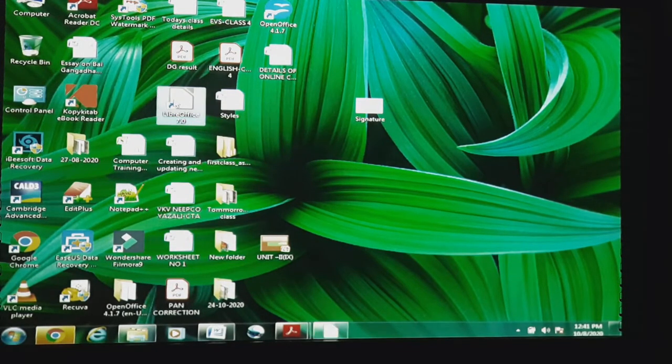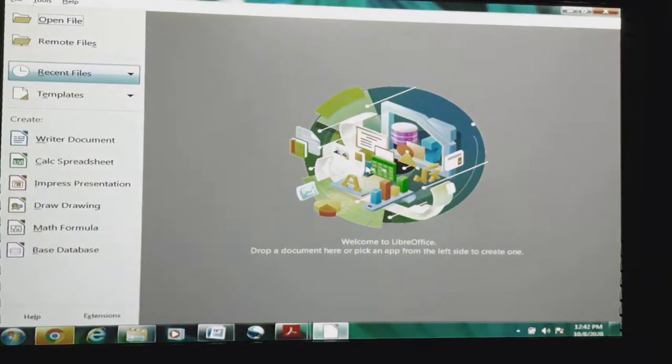Here it is, LibreOffice 7.0. So it already got opened. So this is the layout of our LibreOffice application. A complete list of things is here. First is Writer document. Go to Writer document, click it.